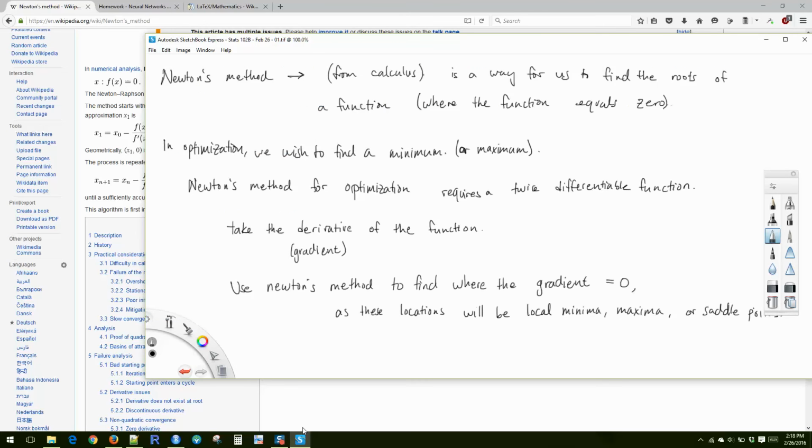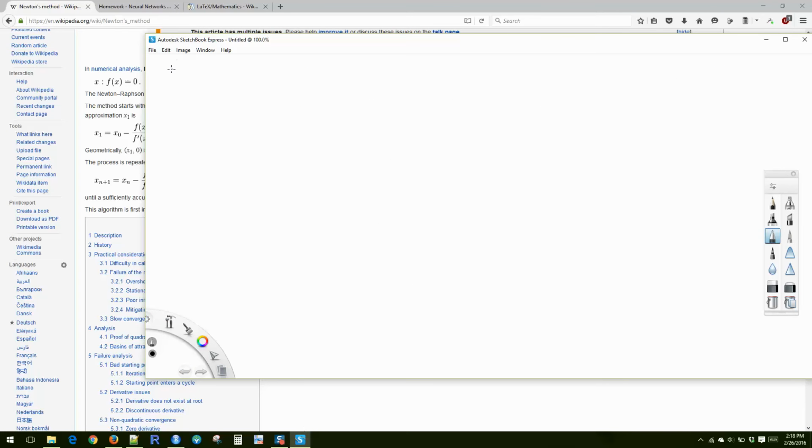Just as a recall: initial point x0, and then you find